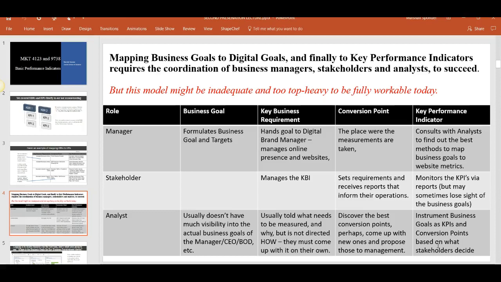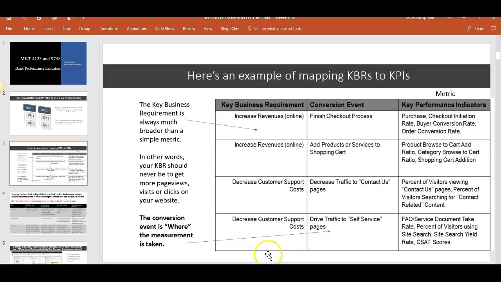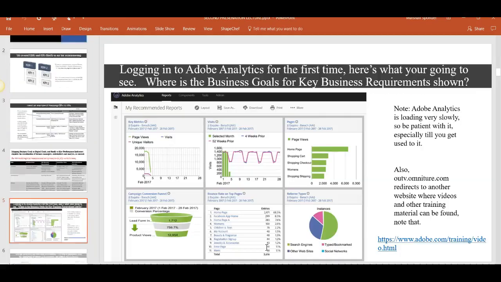So that's the manager. But you could see that there's also the stakeholder, someone that's going to manage what they were given and then talk to the analyst. And then the analyst, usually the one on the bottom here, this guy here, or lady, doesn't usually have much visibility except to report on what's happening. But then you also have to figure out how to get the data out of the platform. So the scope becomes smaller and smaller, but also more precise. The analyst has to figure out exactly how they're going to pull this information out.